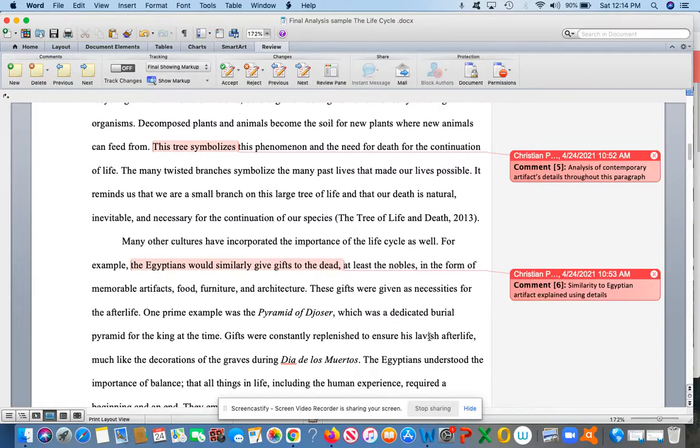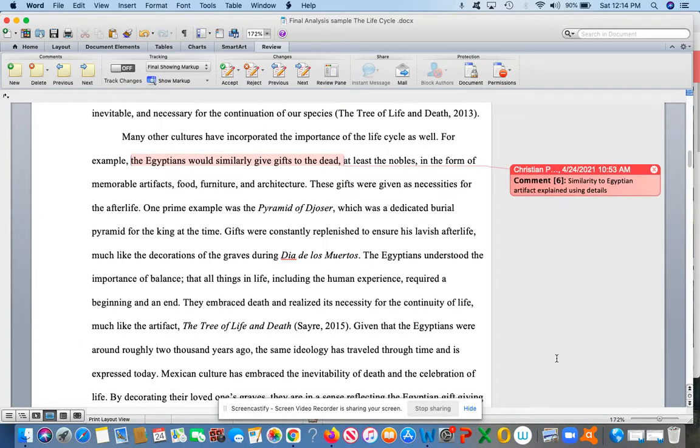So in here, we don't know this yet, but there are some lovely details that are later going to tie back into the historical artifacts that are going to be brought up. So we have this lovely transition, right? Many other cultures have incorporated the importance of the life cycle as well. For example, the Egyptians would similarly give gifts to the dead. So starting to